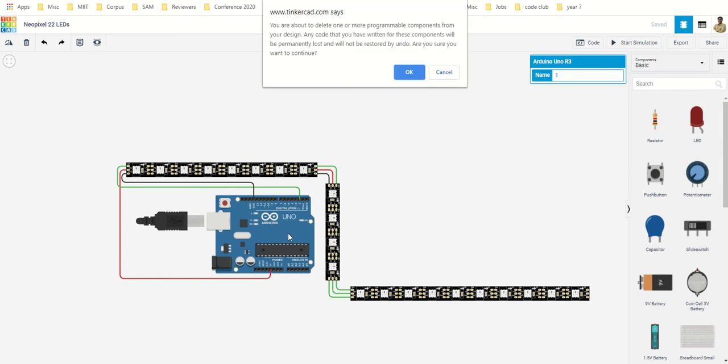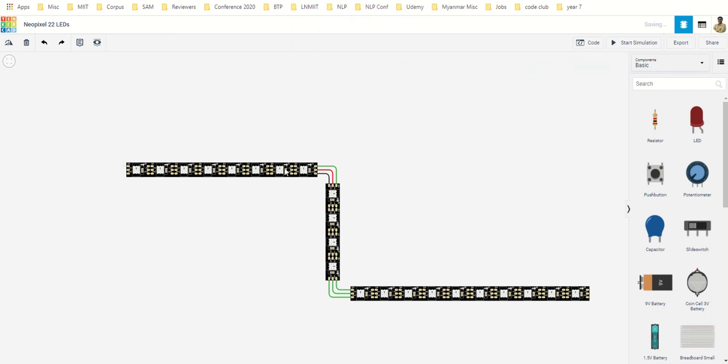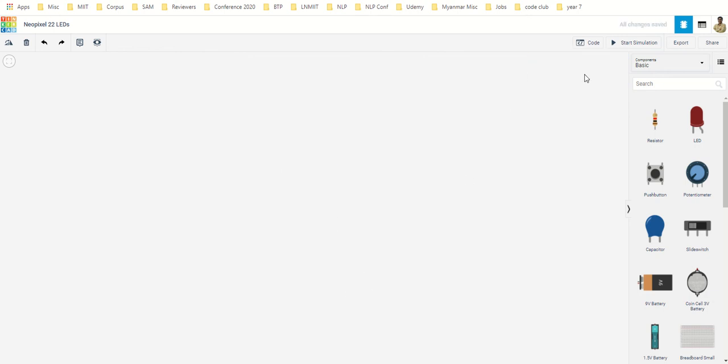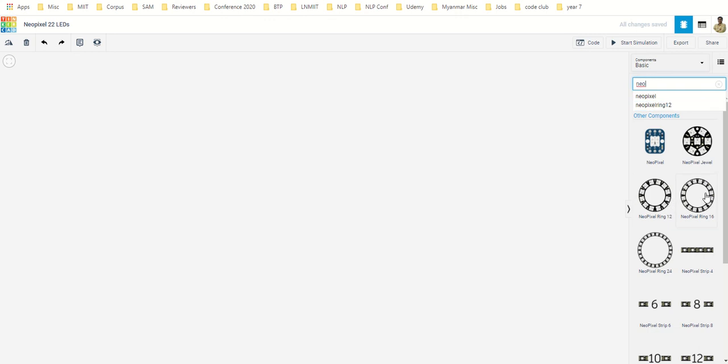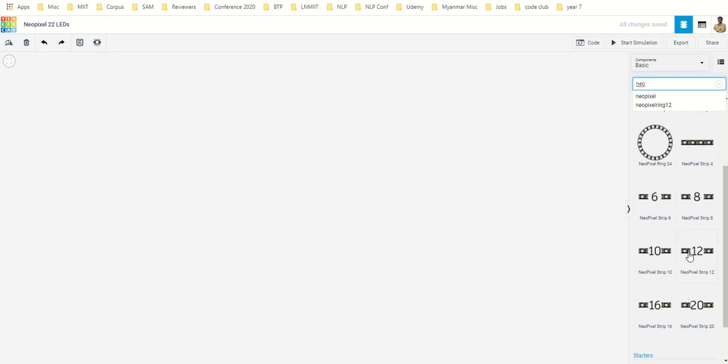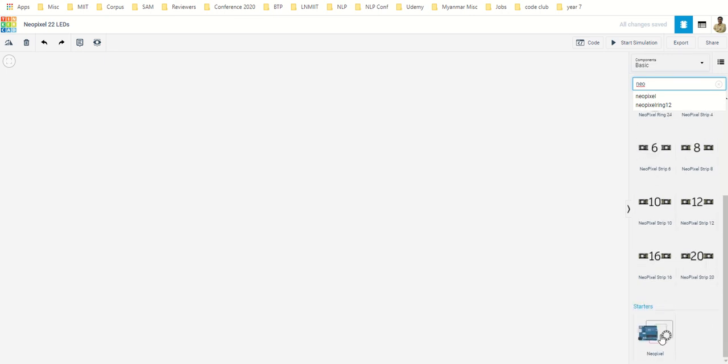So let me delete everything that we have here. When you search NeoPixel, you get these options: square, circular ring, strips of 6, 8, 10, 12, 20, and there is a starter pack which has Arduino plus NeoPixel connected plus inbuilt code.